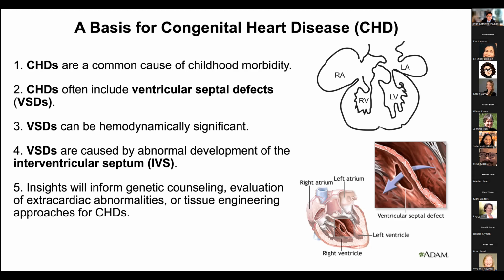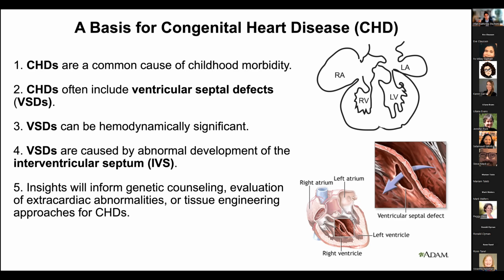It's thought that VSDs are really a manifestation of abnormal development of the heart, specifically the interventricular septum. For example, here's a diagram from the ATOM website. It's a communication from the left ventricle to the right ventricle via this ventricular septal defect. So it's thought to be really abnormal development of the interventricular septum. And so our hope is that by studying normal development, we can also define what are the disruptions that lead to congenital heart disease,